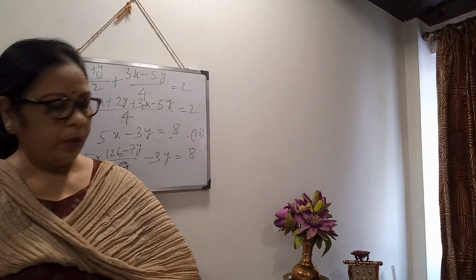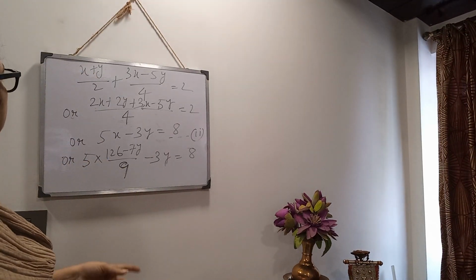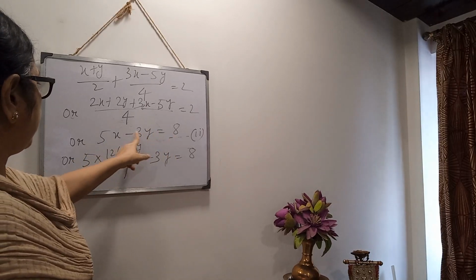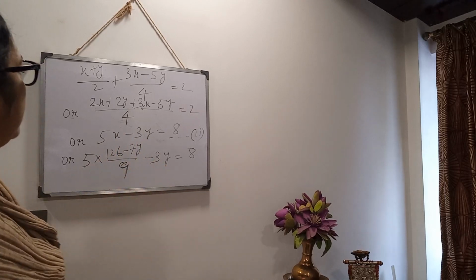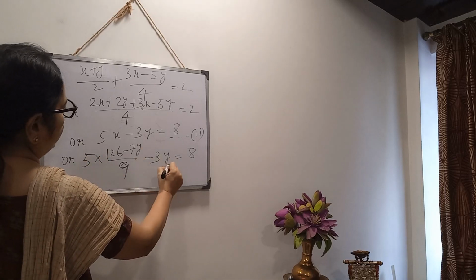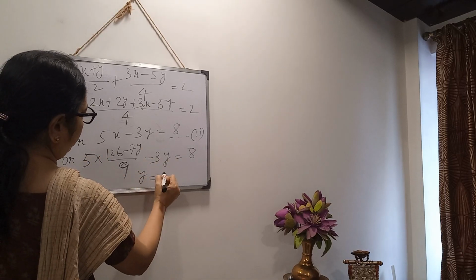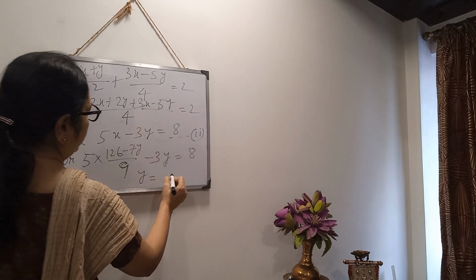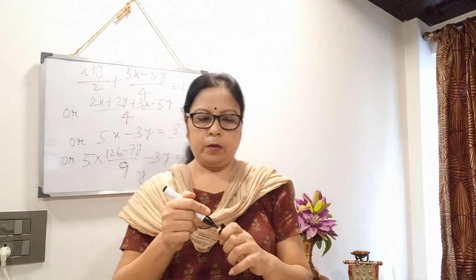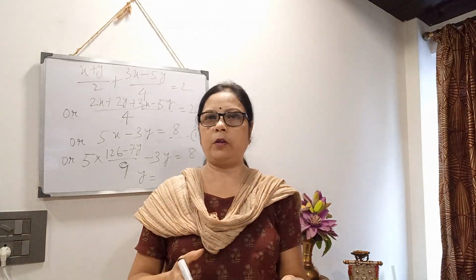So in equation number 2, 5x minus 3y equals to 8, then 5 into, I have substituted the value of x. After this you will complete this, you will multiply and take the LCM, you will get the value of y first, then you will put the value of y in any equation, then you will get x. Clear? So this is the method of substitution. My suggestion is that if in exam it is not mentioned to solve by method of substitution, then don't go for that method. You will do either by elimination or by comparison method.